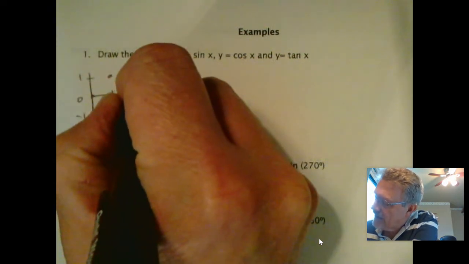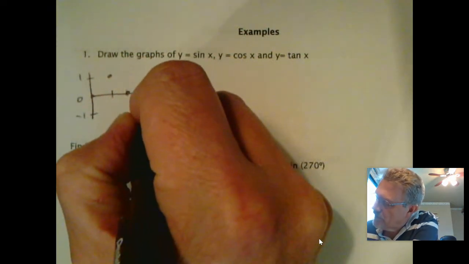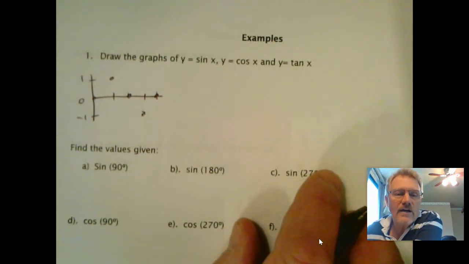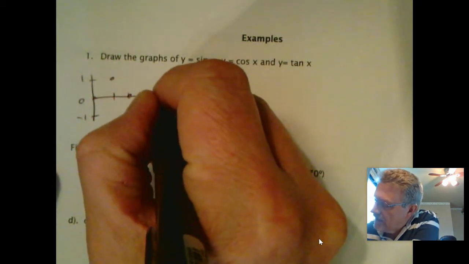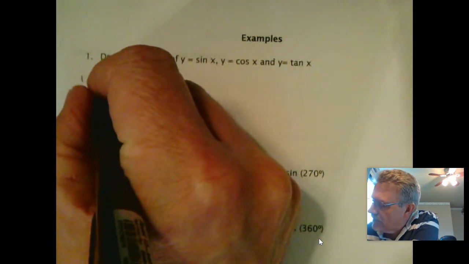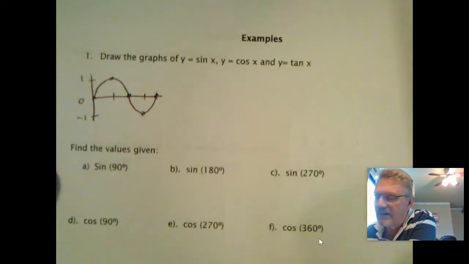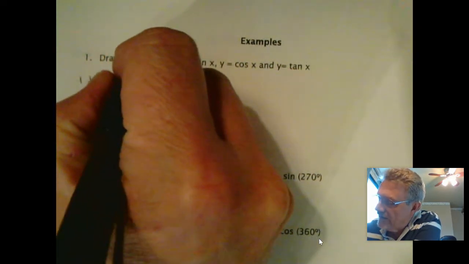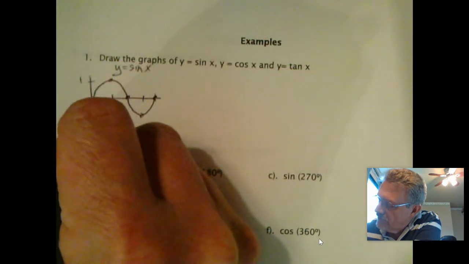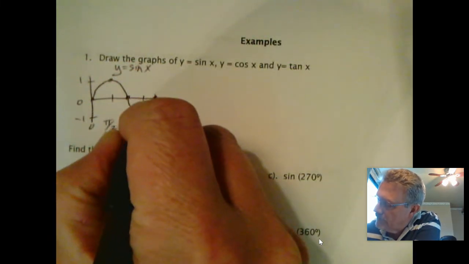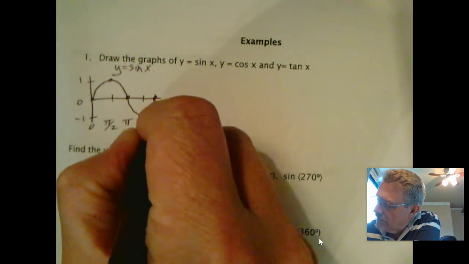Now guys, I always draw the points because it's important that you get them in the right spot. And if you know where the right spot is and your artwork is just off a little bit, right? This is an art class and I don't take off for art. All right, so that's y equals sine x,